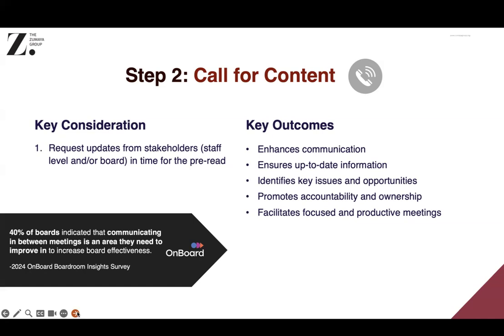One thing that we're going to be providing to and working on with divisional headquarters to all of you is a template that you can use until you get fully up and running on the OnBoard software. It's a PowerPoint template that's going to simplify and consolidate a lot of the updates that you give. But either way, anybody who's responsible for providing an update needs to do so in a timely manner within the call for content process. This improves communication, it improves clarity, but most importantly, it answers the question, which is going